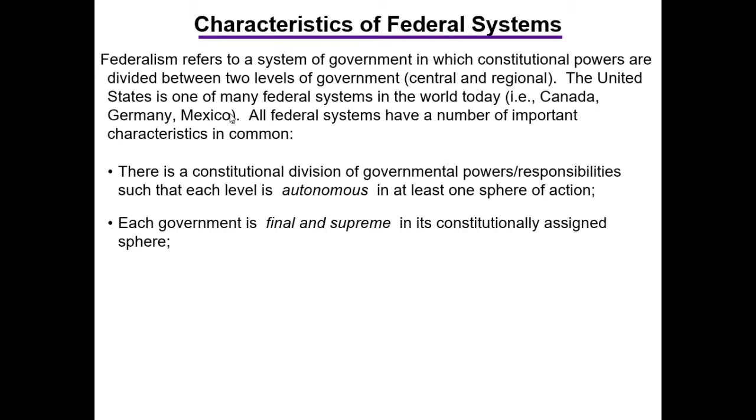For example, in the United States, in our federal system, the national government has the exclusive power to declare war. Texas can't do that. Okay? The national government has the exclusive power to coin money. Texas can't do that. But we're not saying exclusive here, we're saying autonomous. There are some powers that both can do, like say the power to tax. The national government has the autonomous power to impose taxes. The state governments have the autonomous power to impose taxes. There are lots of areas. That's just, I think, the example that most people can appreciate immediately. You're aware that both the national government and the state government is taxing you, right?